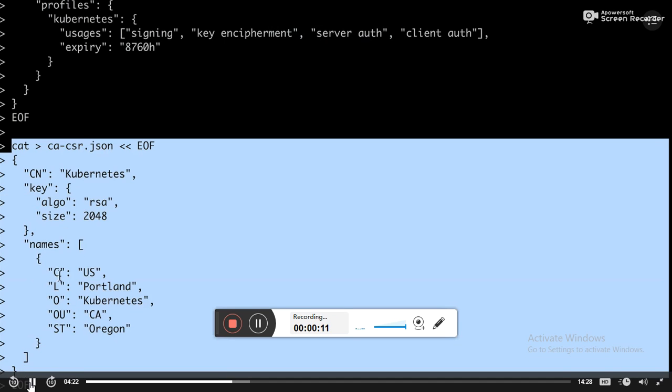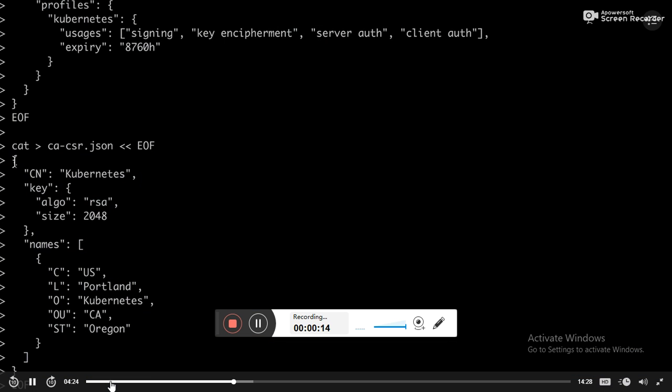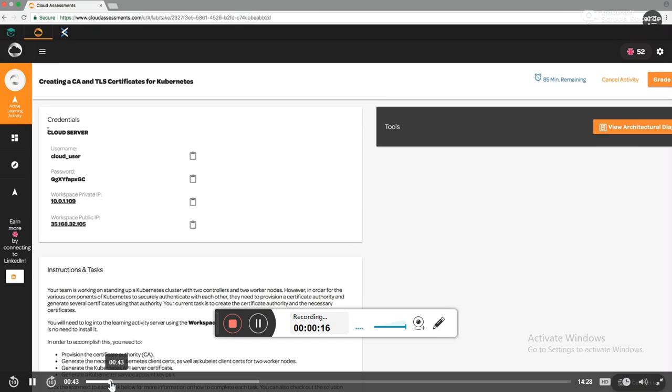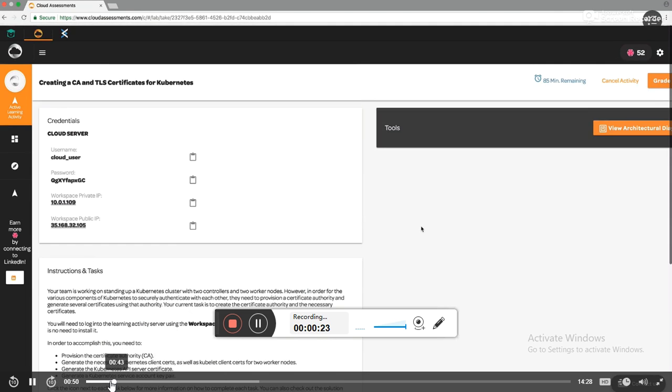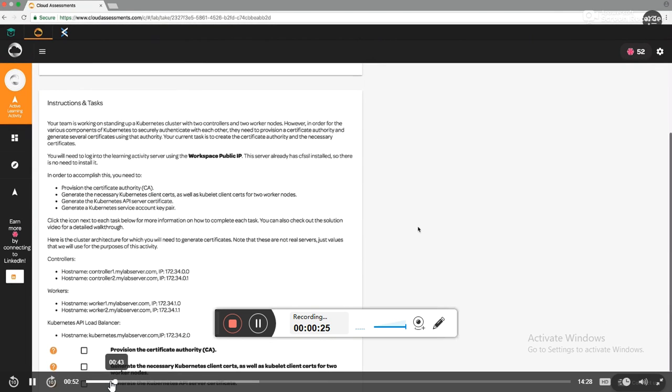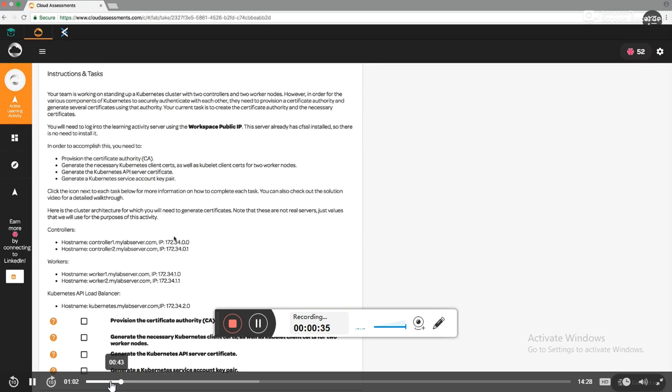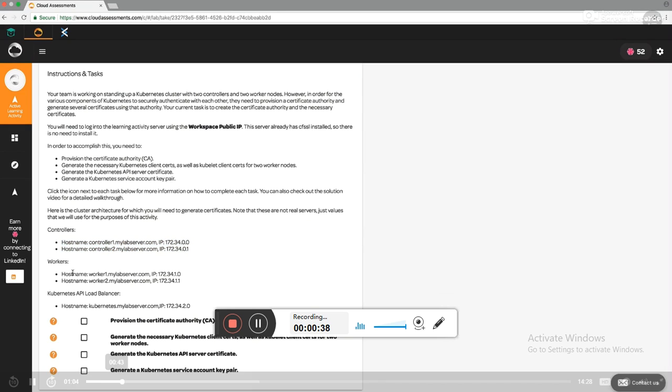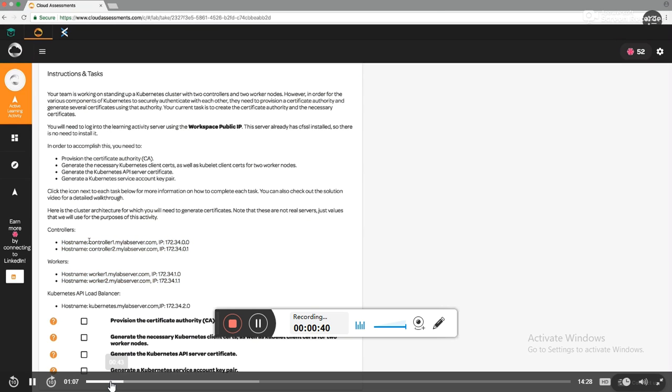So we're making a request to sign or generate a certificate. The server is going to serve as our workspace. We're going to log into that server, and that's where we're going to generate the certificates that we need. Down here in the instructions, you can find more information about the simulated environment that we're going to be generating these certificates for. So we're going to pretend that we have 2 controllers and 2 worker nodes. And here are the host names and IP addresses that we're going to assume for these nodes in order to